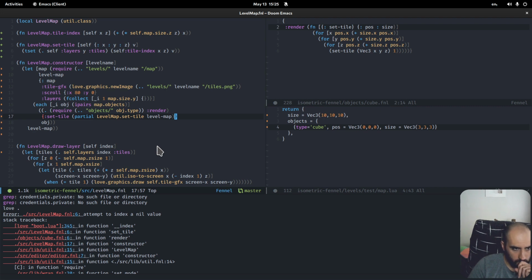Being called in setTile. Oh, it's being called in render. Yeah, it is being called in render. Objects cube.fnl. Okay, right. Cube.fnl is calling render, which is calling setTile. And then it's trying to index a nil value. Meaning self is a nil value. Meaning